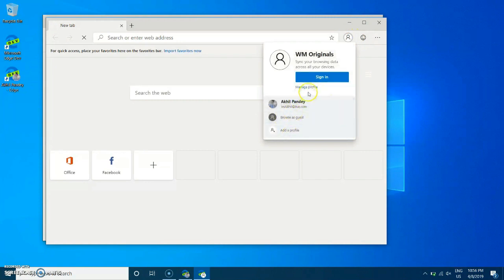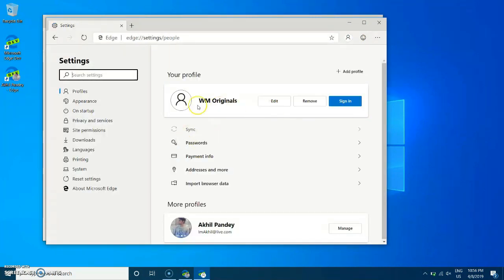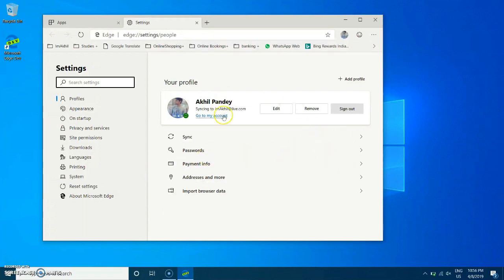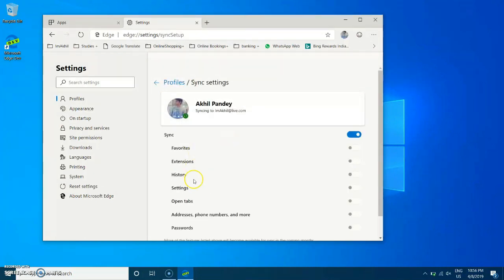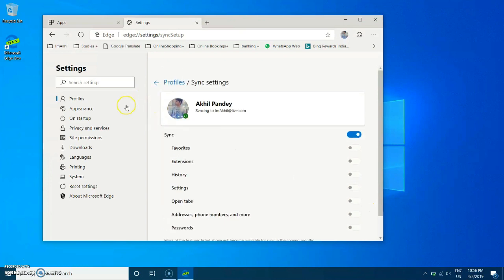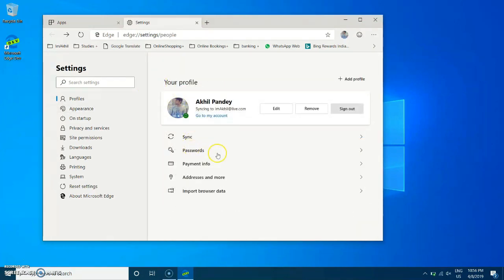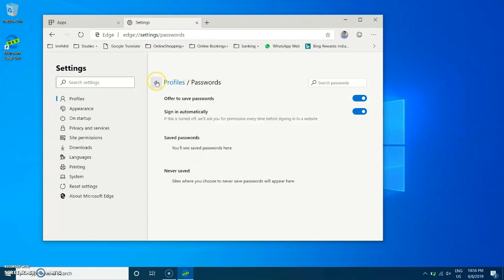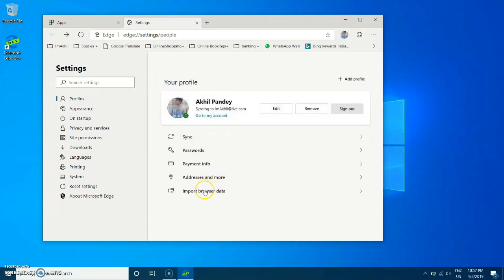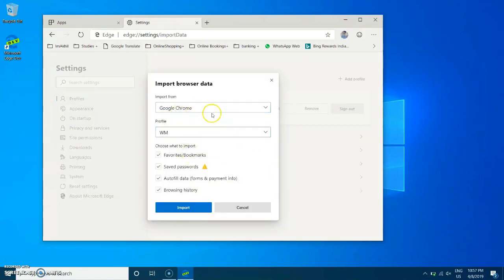You can also easily remove profiles as well. It saves all your information. You can also import data from other browsers such as regular Edge, Chrome.